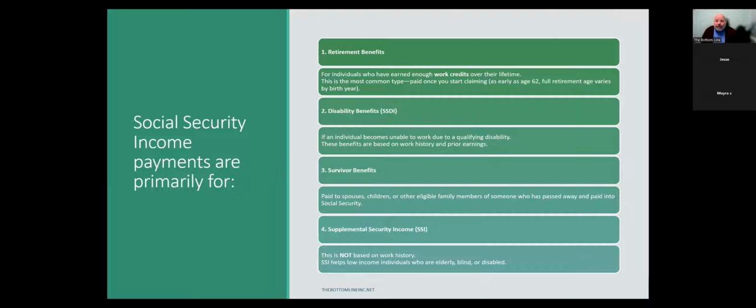If you're a spouse and you're over the age of 62, you have an option to collect from your own Social Security or from your spouse's. And oftentimes, if your income was less than your spouse's, you would collect from your spouse's Social Security. So that's why you want to always marry someone who makes more money, so you have a choice. That's just bad dating advice.